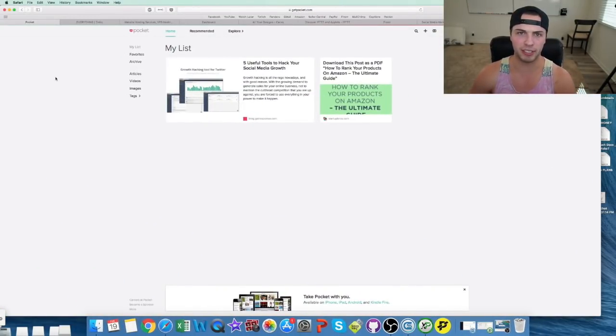So the first tool is for organizing. Now it is called Pocket. It's a Safari app and also a website. With Pocket, it's pretty much for storing information, or if you find a web page or an image or a video and you just want to press one button and save it, instead of having 10 pages of notes open like I do all the time, or have to open Word, wait for it, you simply press this little button right here. I do that and you can see it pop up over here and it says right here, it saves it. I can open my Pocket now and see everything else in there,